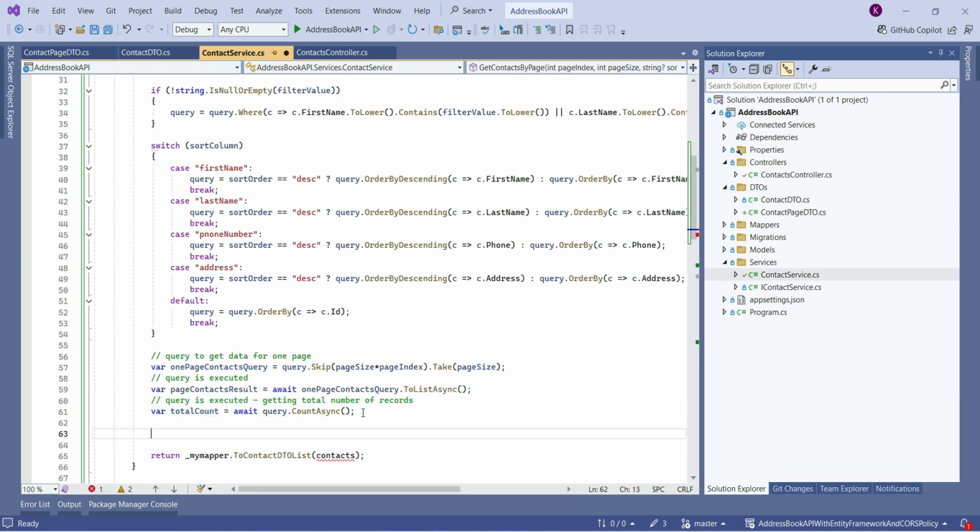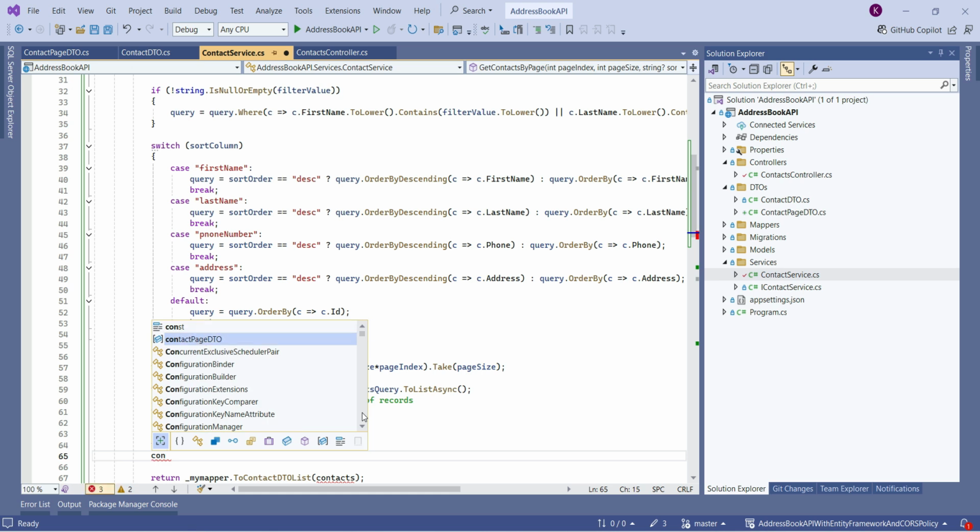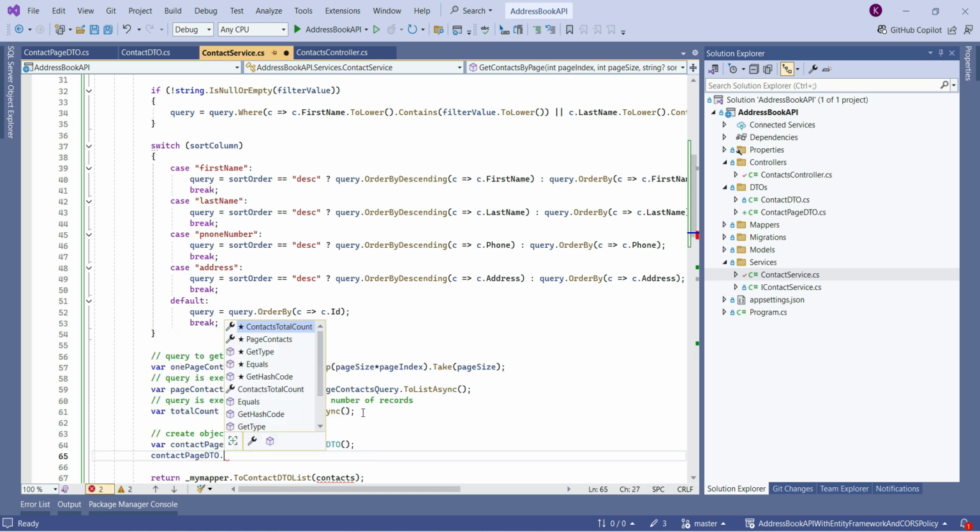And right here I'm gonna create a new object. So let me put a comment actually. I'm gonna say create object. Contact page DTO. I'm gonna say var contactPageDTO equal new ContactPageDTO parentheses. So we created an object. Let's populate it with data. So I'm gonna say contactPageDTO dot TotalCount, and it's gonna be equal